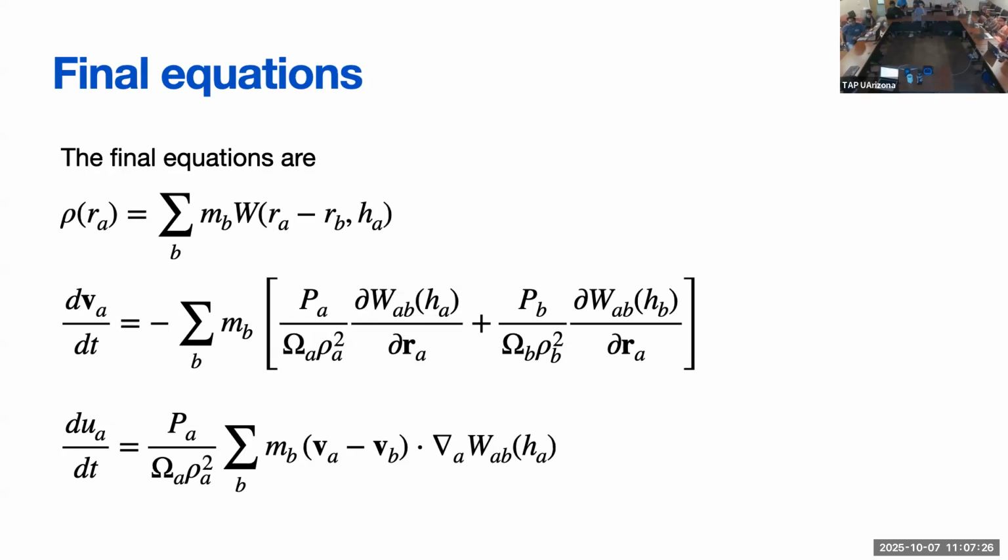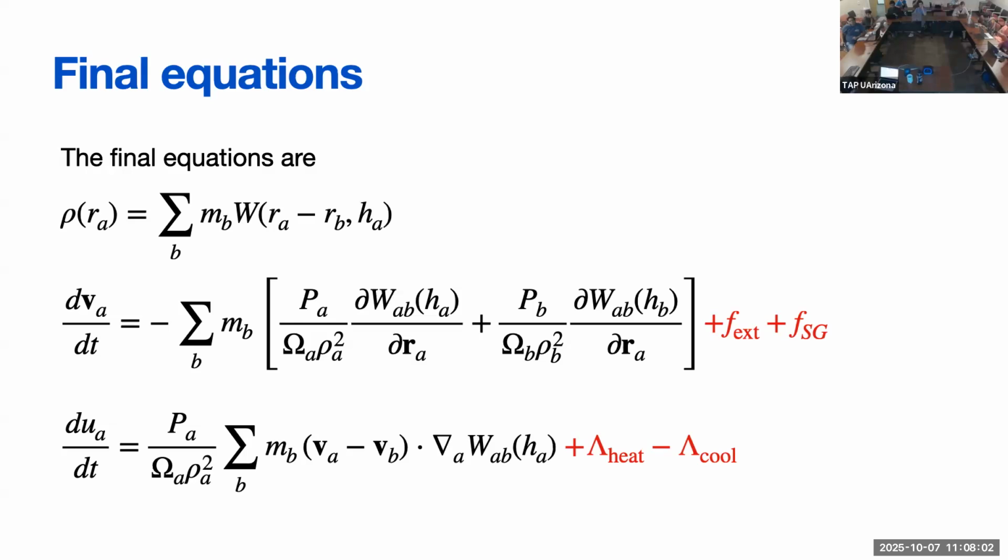And then, of course, these are the simplest equations. What we can do is add, for example, external forces in the Euler equation. So whatever force you want to think about, for example, a gravitational potential generated by a point mass, or the self-gravity of the fluid, so also the self-gravitating contribution of the fluid itself. Of course, these quantities need to be discretized in an SPH way, but it is basically following the same idea